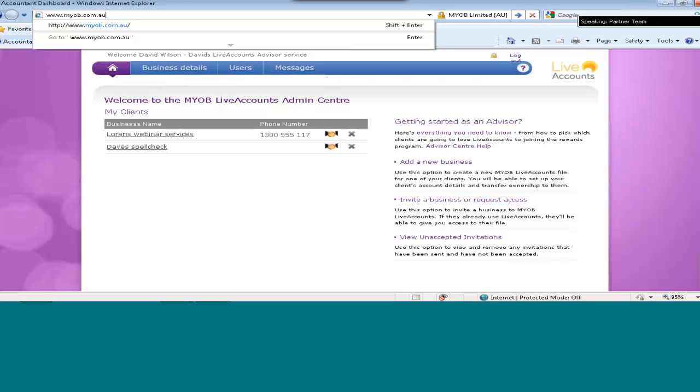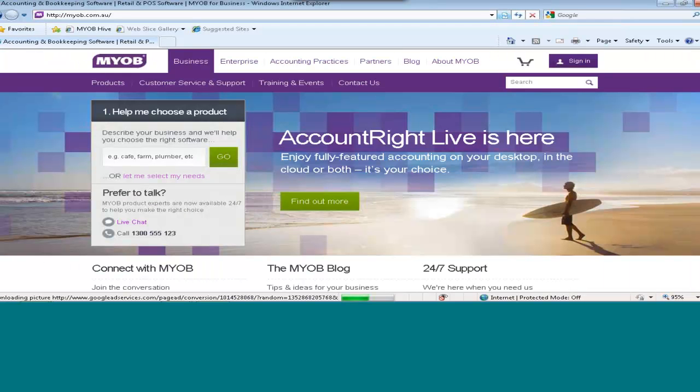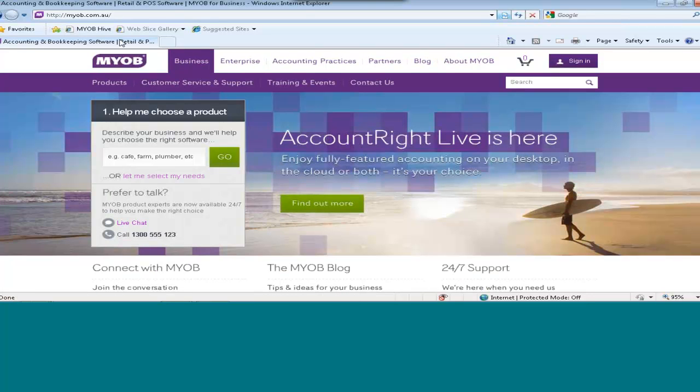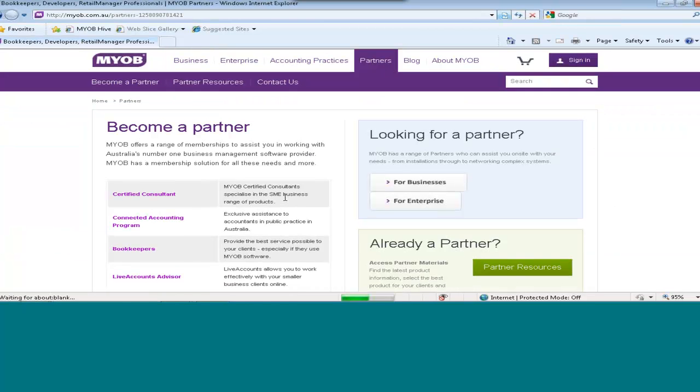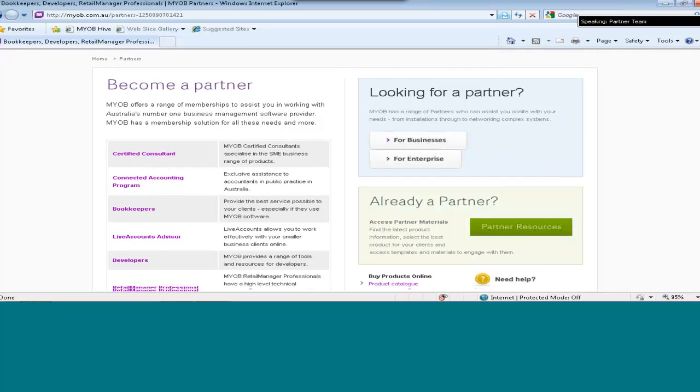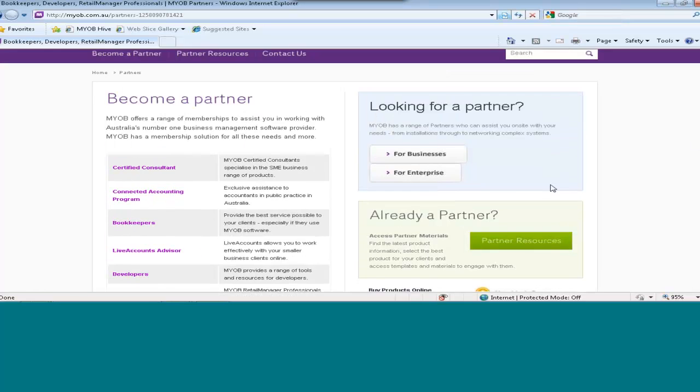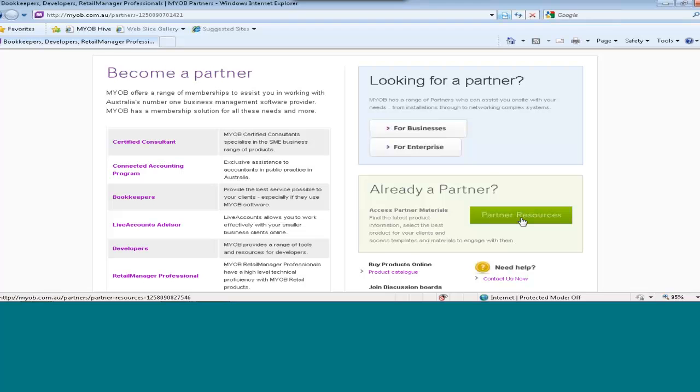So you can see at the top, I'm just simply going into www.myob.com.au at this point. Obviously for those joining us from New Zealand it's slightly different, but it's the same principle to be able to access the area that I'm referring to. So you can see again, I've gone straight to myob.com.au. I've got my Partners tab just on the top middle here, which I simply click. And you can see on the right here, I do have my partner resources that are available for me straight away. So if I click into here,